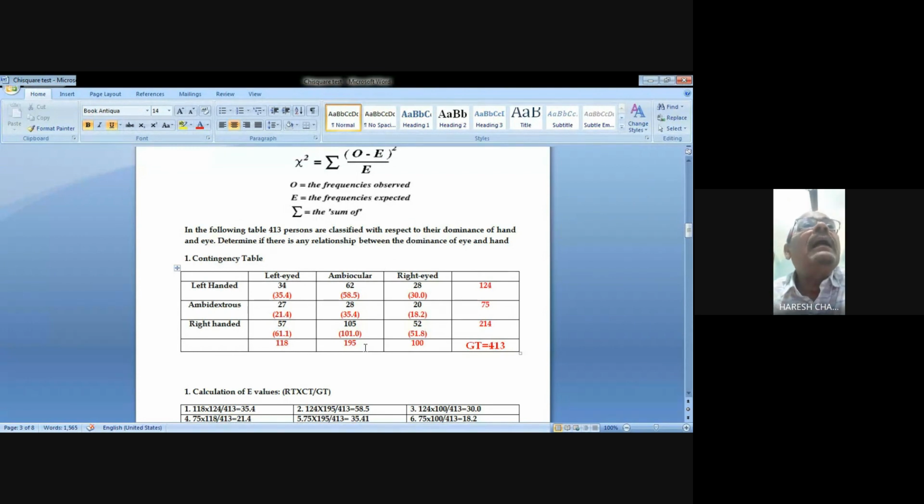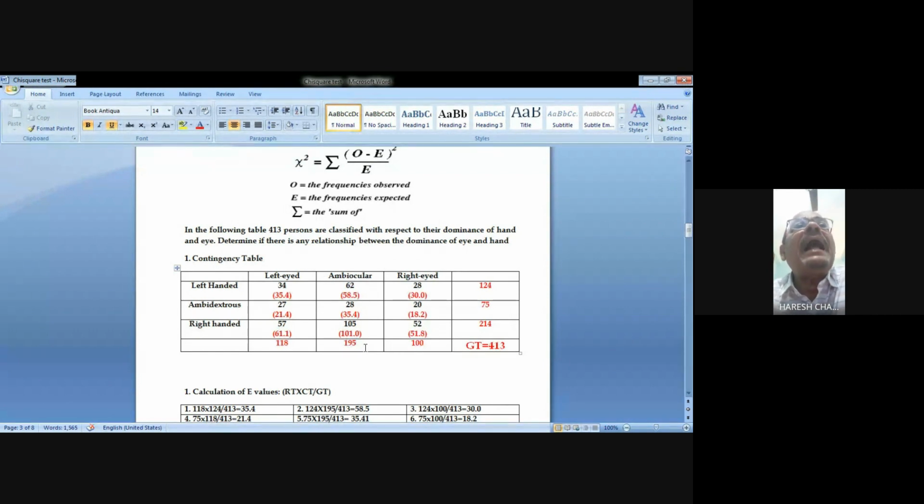Now, you see a table, and this kind of analysis in chi-square test, we call it a contingency table. The name of that particular aspect is called contingency table. Now, you see the table, contingency table 1 on your screen. The numbers given in black are the frequency about their